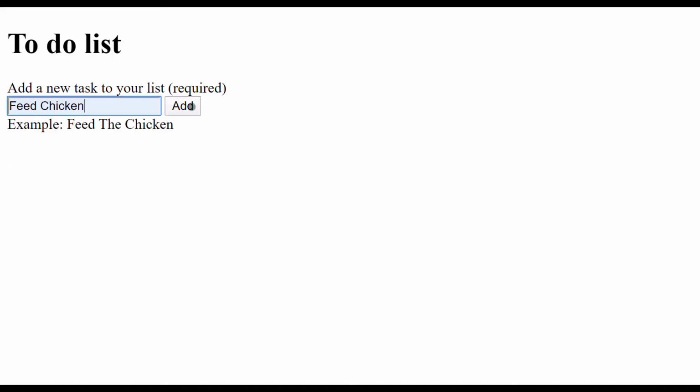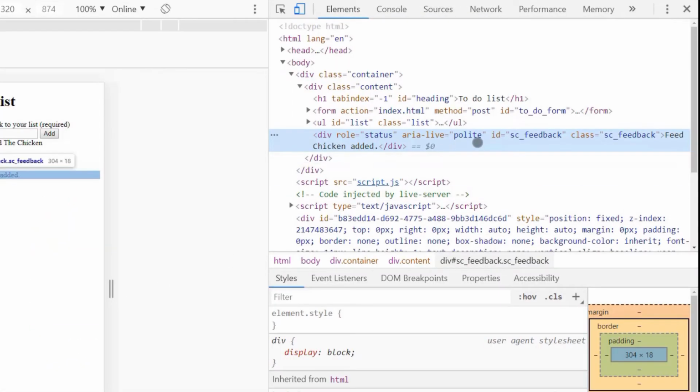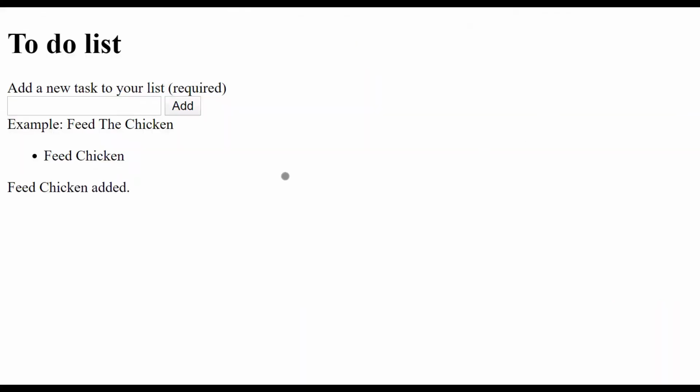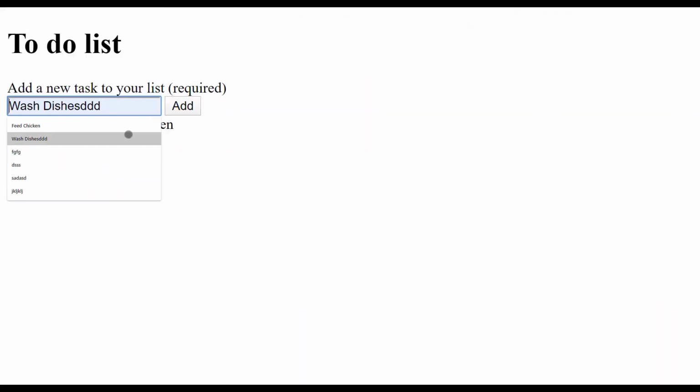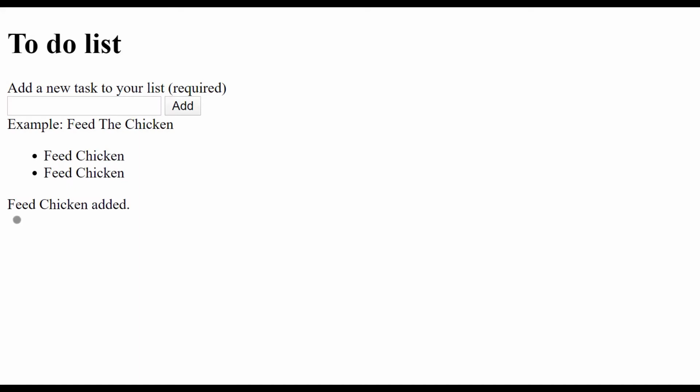Feed chicken, add, and here we have the list outputting list items, and then we also have "feed chicken added." This is the live region we talked about. Now it's being populated. So if you're using a screen reader and you add something, for example, feed chicken again, "feed chicken added" is going to be announced by the screen reader.